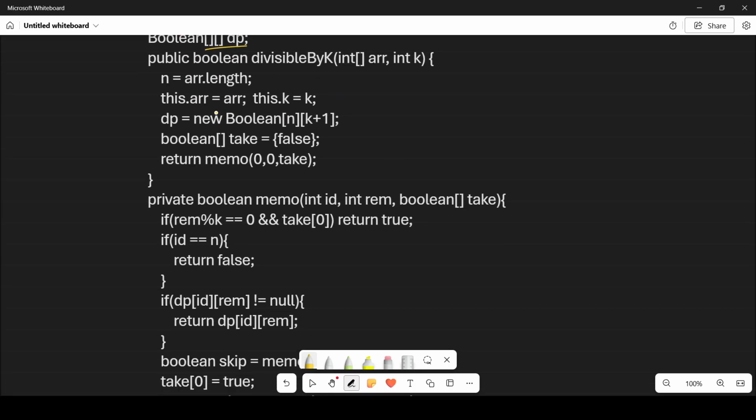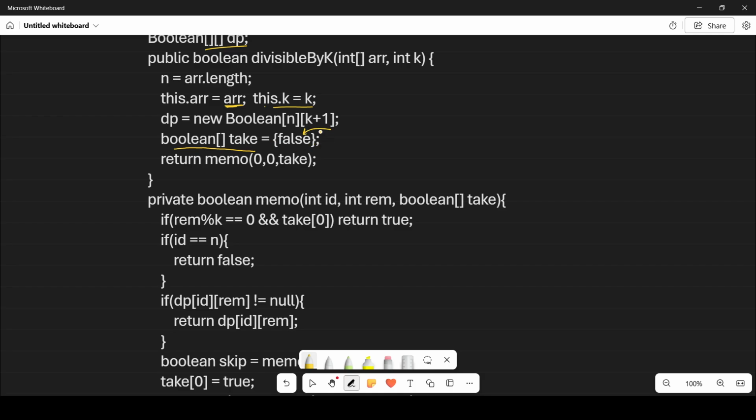In this initialization we store all of them, that is this dot array is equal to array and this dot k is equal to k. It is a very simple thing, and we initialize our dp of boolean type of the size n and k plus 1. And firstly I will take a boolean array, that is take, which is of size 1, and